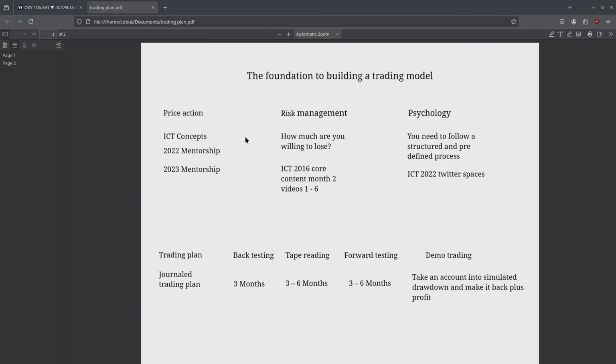Now, if you chose 2022, 2023, 2024, does not matter. But if you chose one, it's not necessary to study all of them. If I choose 2022, it's not necessary to go and study 2023. If I study 2022 and I find my niche and it all clicks and that makes sense to me, it's easy to see the fair value gap and that model resonates with you, there is no need to rush into 2023 to study that and apply its methodology.